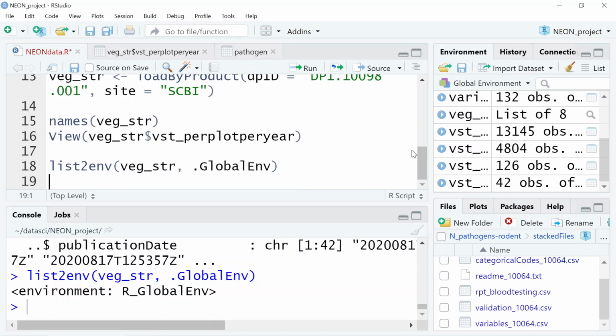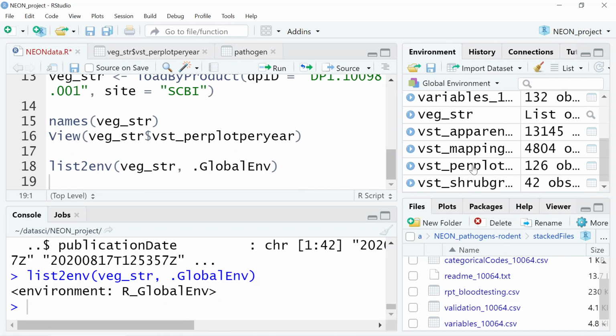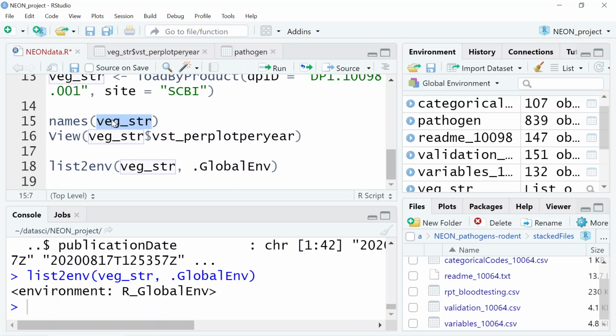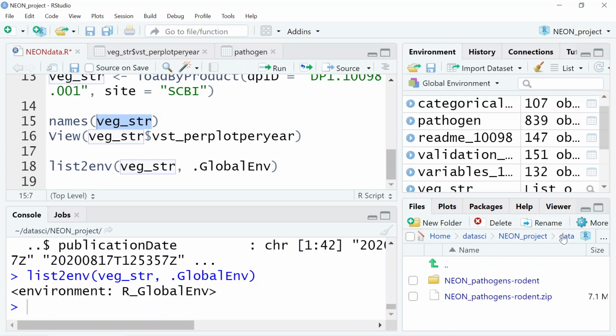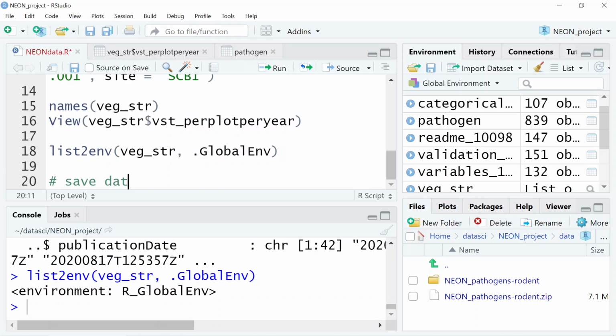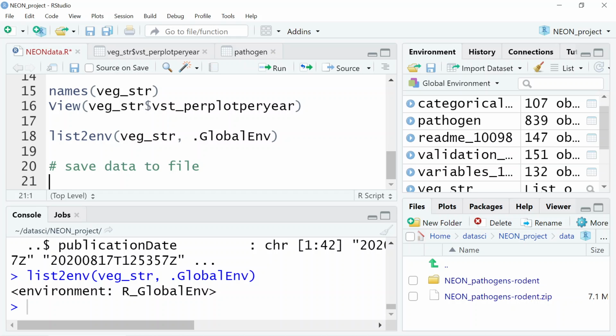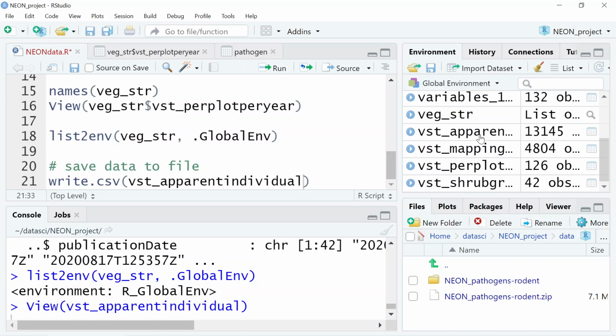And now we see automatically all the files that were inside of our list. And they're in our global environment, so we haven't actually saved them in our data folder. And maybe you're working with big data sets, so you don't want to re-download. So you want to be able to close R and come back to these data locally, and we can use the write.csv function to write the vst_apparentindividual,